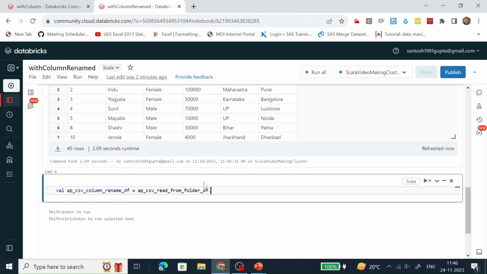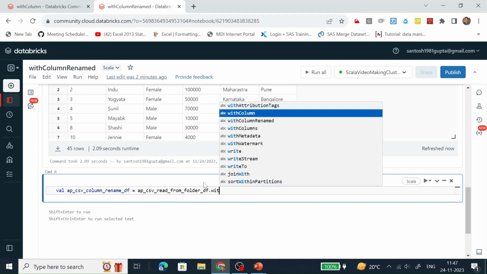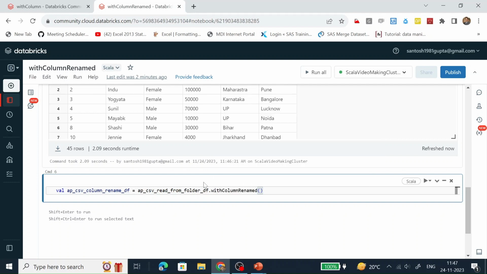On the data frame, we need to call the withColumnRenamed function. And what is the name of the column? Name of the column is AP salary, and the new column name would be AP salary renamed. Run it.